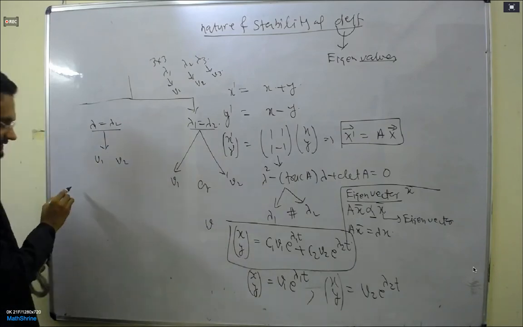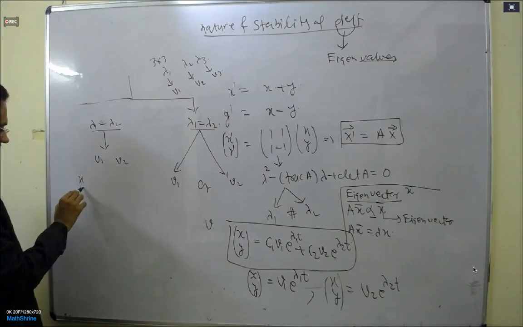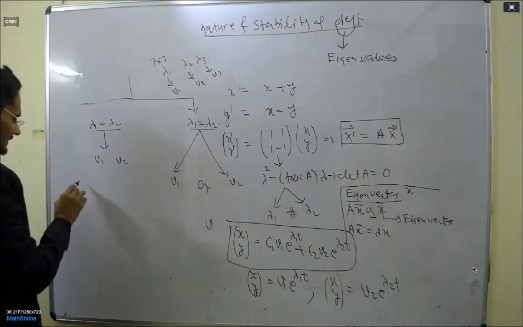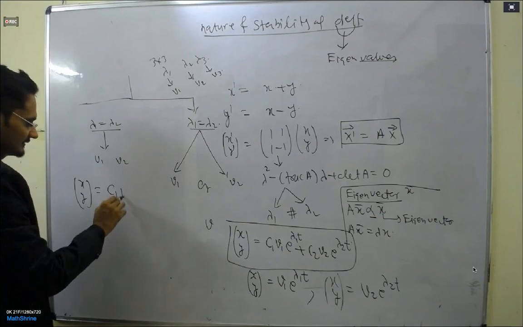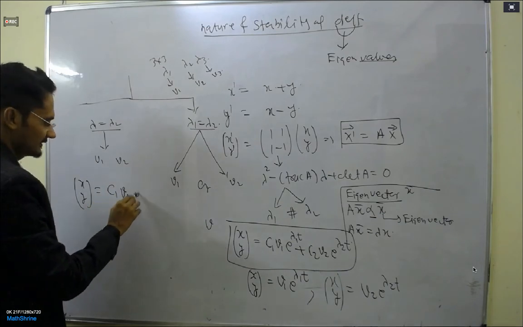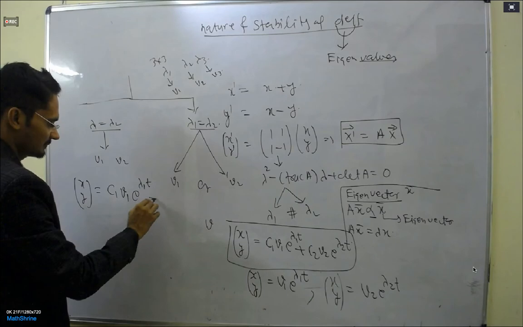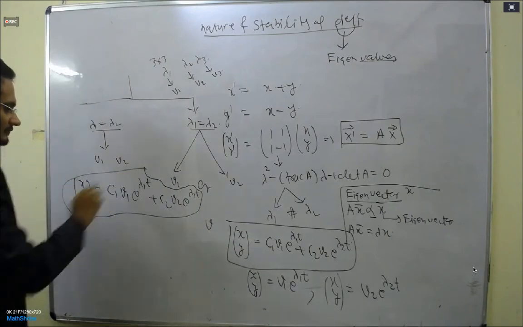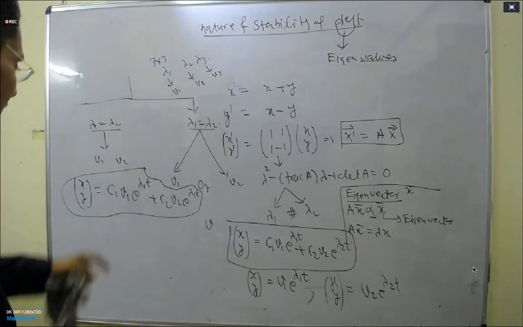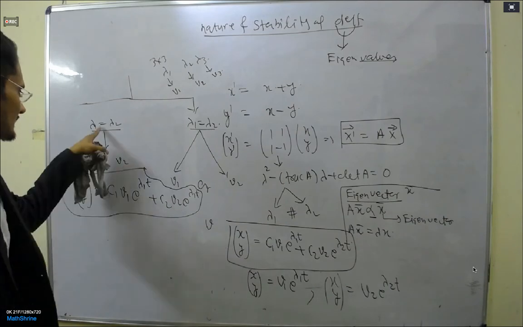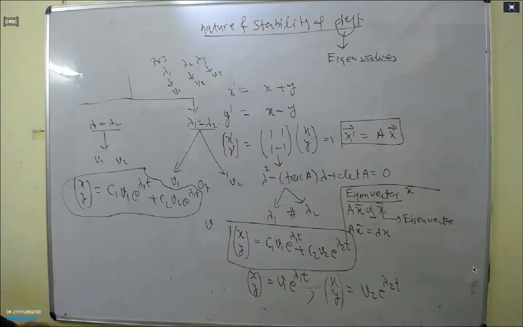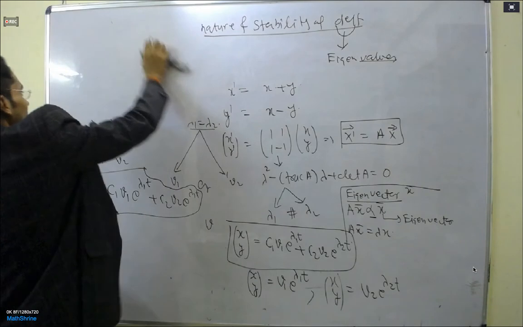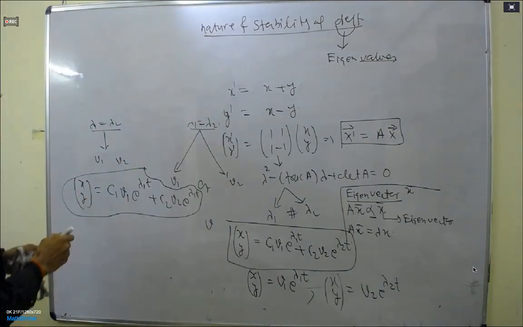But one more case is also possible: if lambda 1 is equal to lambda 2 and there is only one eigenvector, meaning the algebraic multiplicity of the eigenvalue is 2 and the geometric multiplicity is 1, meaning we are getting only one eigenvector. Then what will be your answer? Anybody? Then the answer will come out x, y